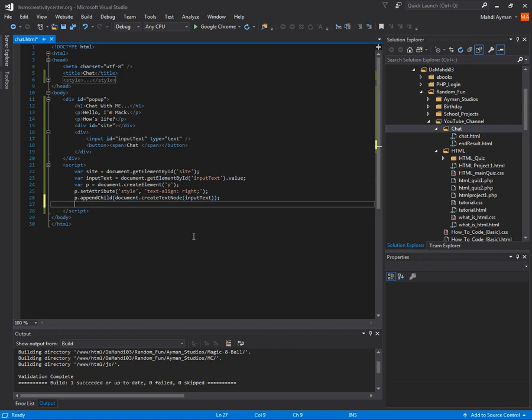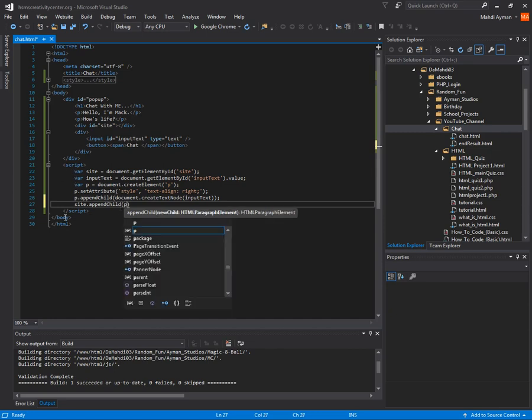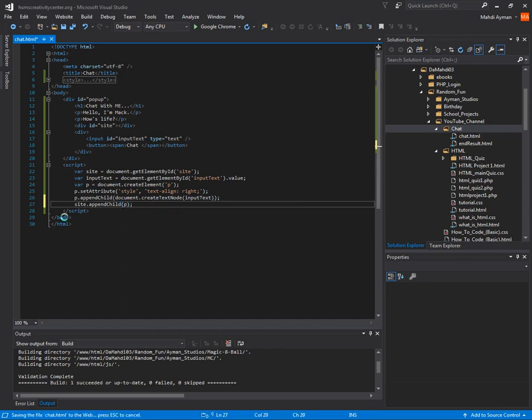So now we need to append this P element right here to the actual div right here. To do that, we need to access that div, which we already did with this variable. So we're going to do site.appendChild. The word append means to add, if that helps with definitions. And then the child, we already created it and edited it a lot. The child would be P. Now if we go ahead and save this,